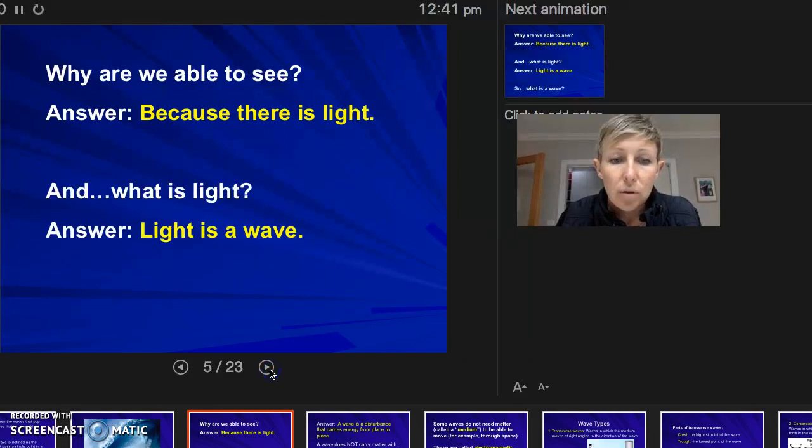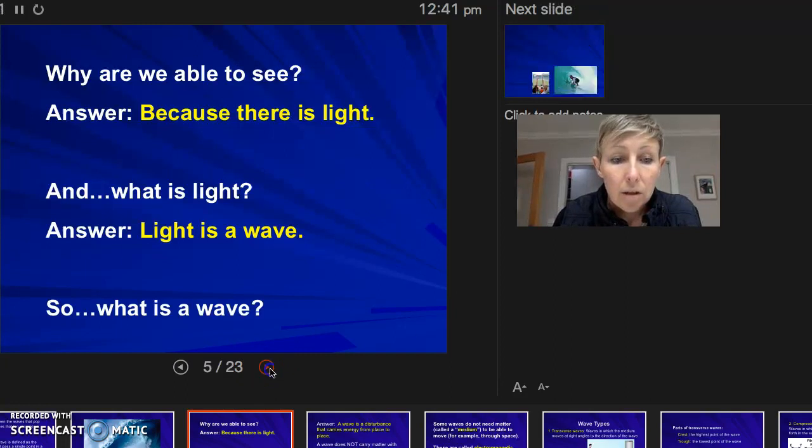Light travels in waves. The reason that you can see and your brain builds a picture of the world around you is because light is reflecting from the objects around you, all objects, and your eyes are detecting the wavelengths of light and building a picture for you. Okay. To start today,